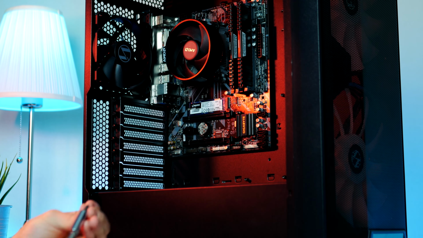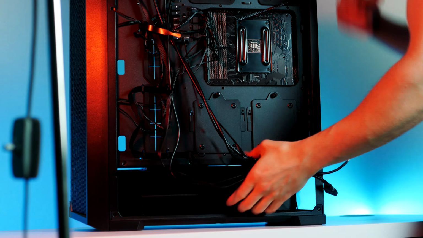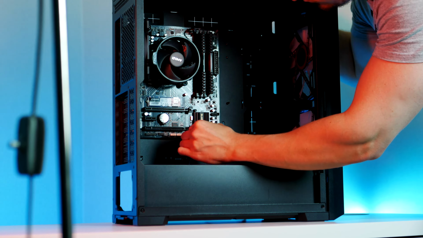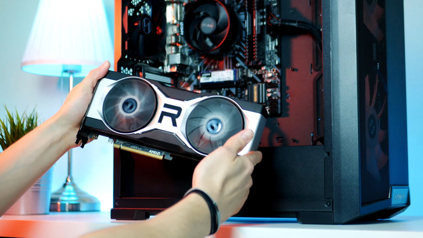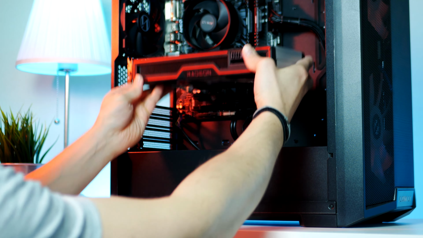Grab the power supply, install it with the fan facing downwards and secure it, and a step-by-step cable installment guide is linked up down below. Now once we got all cables hooked up to the motherboard, we can finally take a look at our GPU